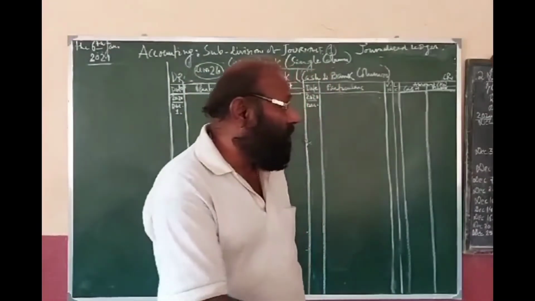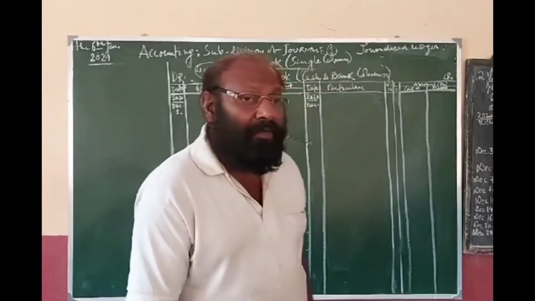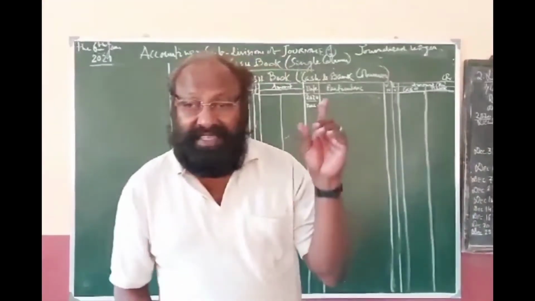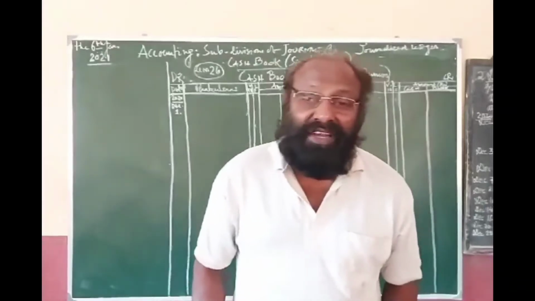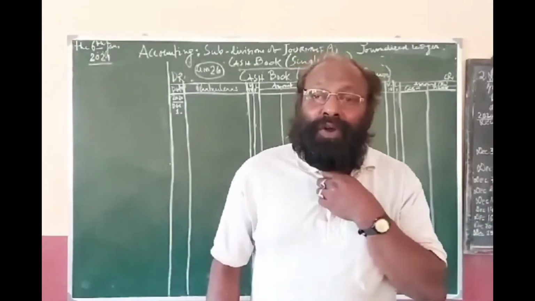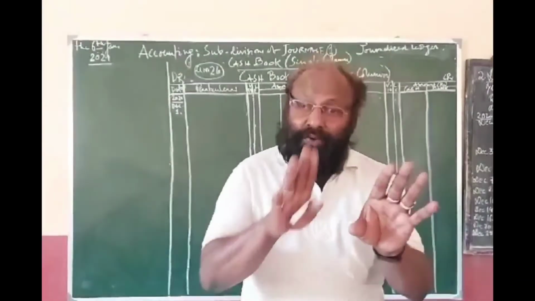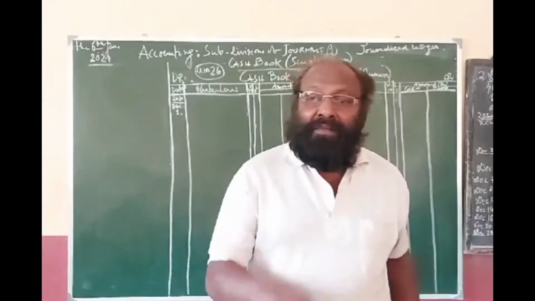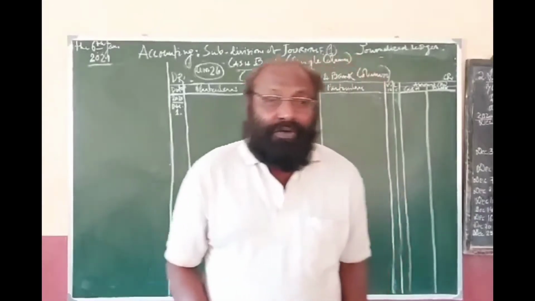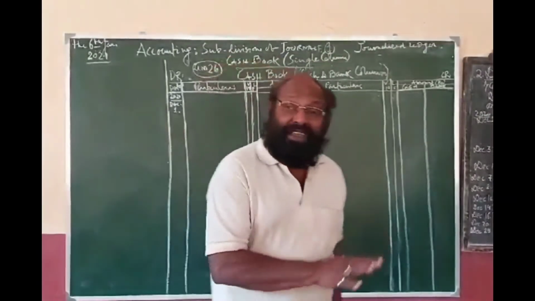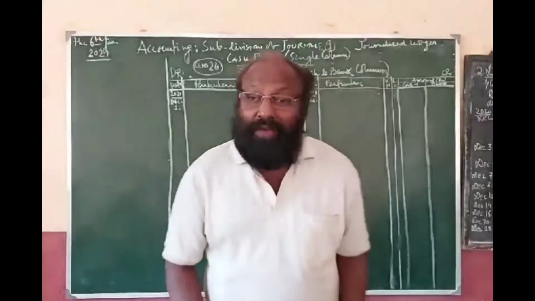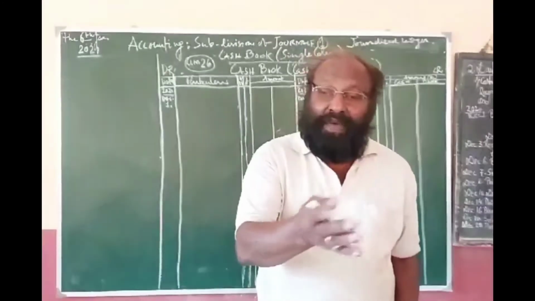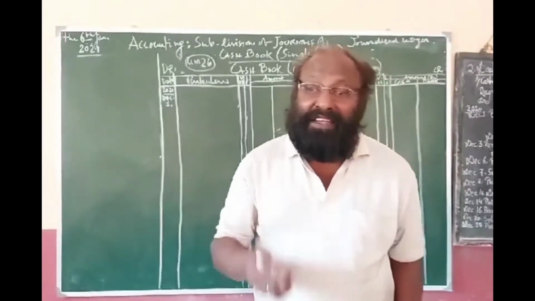Today I am taking up another problem, and I would like to take up both the columns which I have already told you. In a cash book, there is a single column when we record the cash only. When we record cash and any other column, it may be bank, or it may be discount. Here we are considering the cash column and bank column, and tomorrow I will take up the triple column cash book: cash column, bank column, and the discount column.